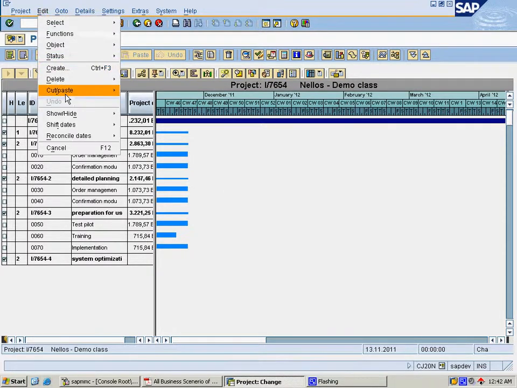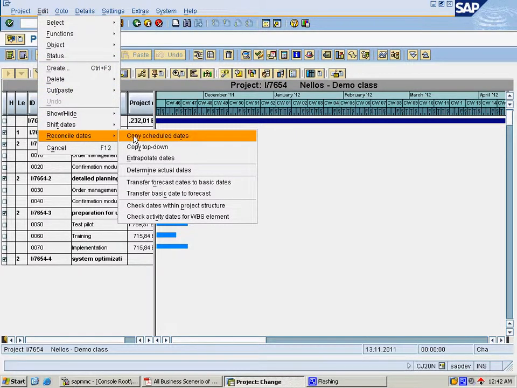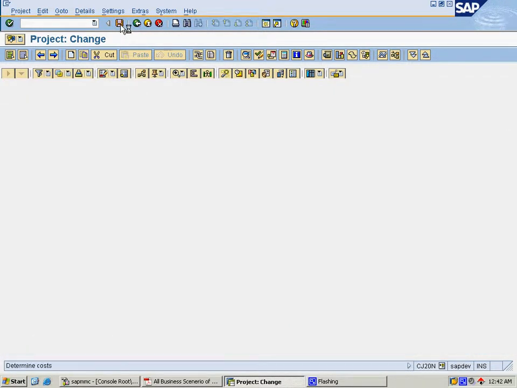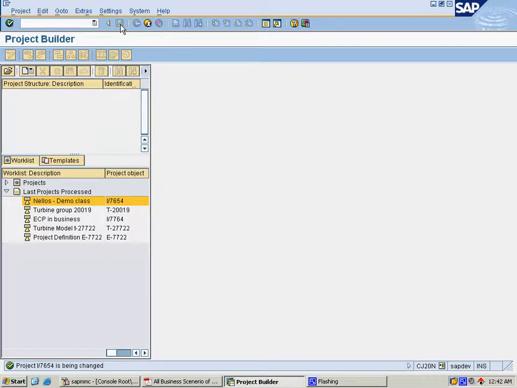Once we choose reconcile dates and copy schedule dates, it will be pushed to the higher level WBS elements, and once we click on save, the WBS elements and their dates will be saved in the database, and we can see the status message that the project is being changed successfully in the database.